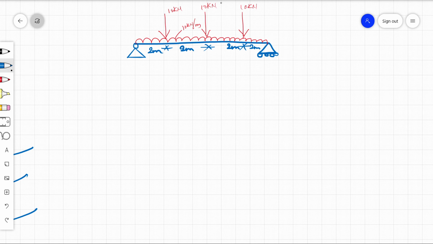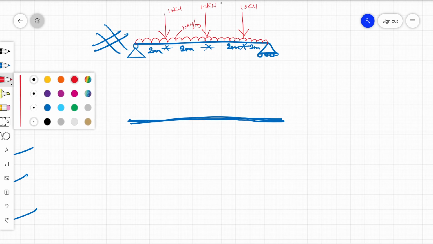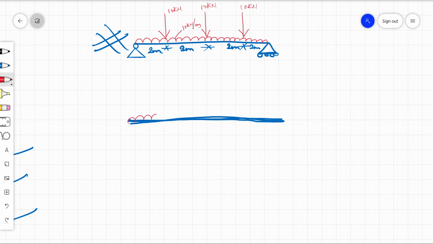One more thing is, do refer to Bhavikatti. This is an assignment kind of a thing. This is optional, whether you try to solve it, or if you're good with numericals, you can skip it. But do refer to Bhavikatti and other reference books and try to solve this numerical.